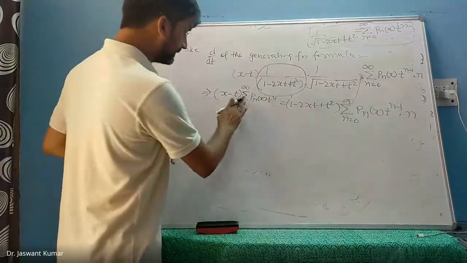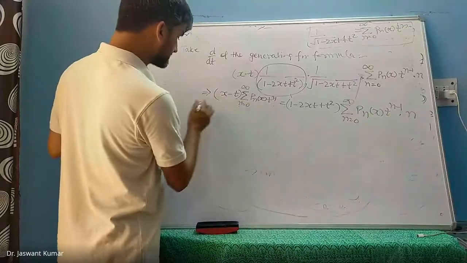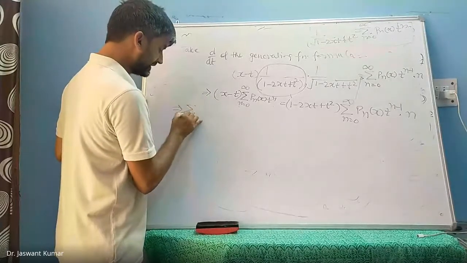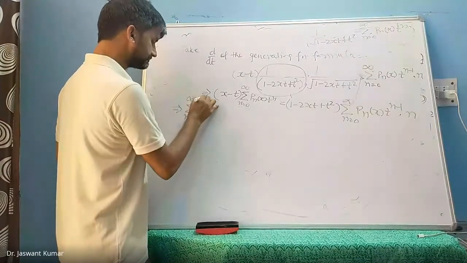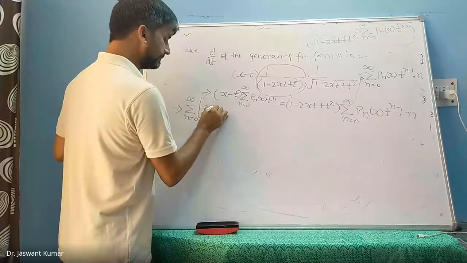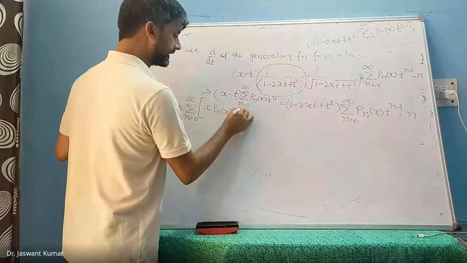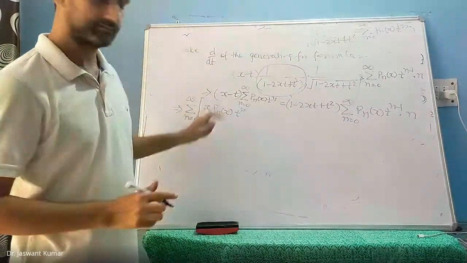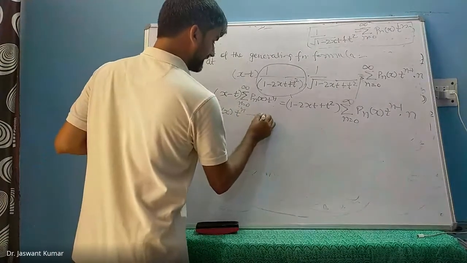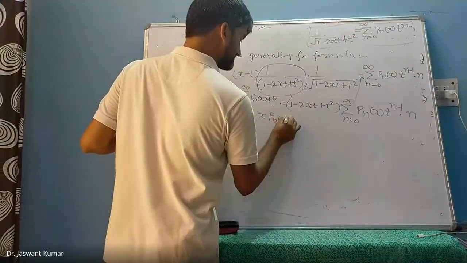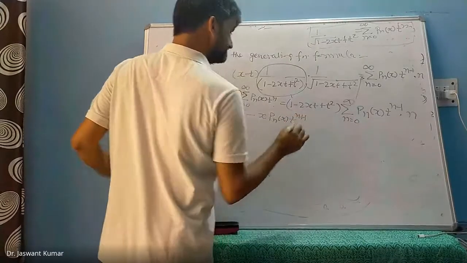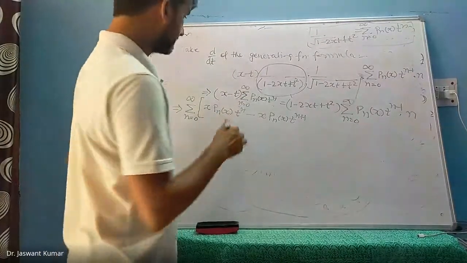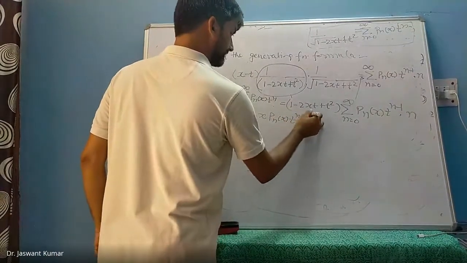Okay, please do this. When you take these multiplicative factors inside the summation, there will be two terms on the left hand side. First term will be summation n going from 0 to infinity, x Pn(x) t to the power n. The second term will be t to the power n plus 1 because there is a t over here. The second term will be minus Pn(x) t to the power n plus 1. Only two terms on the left hand side.